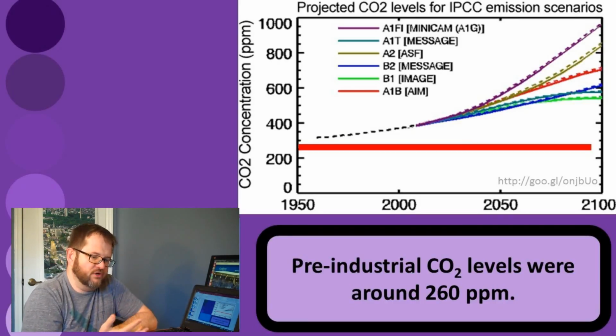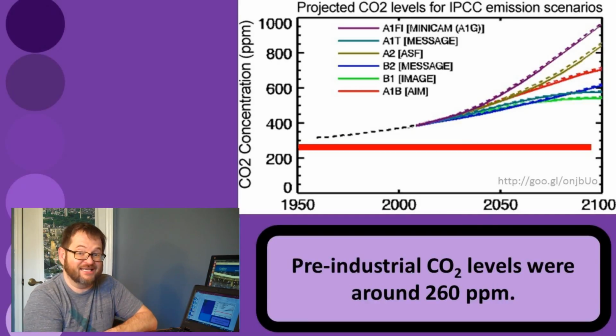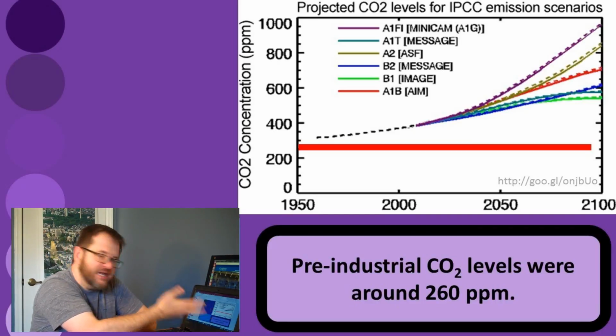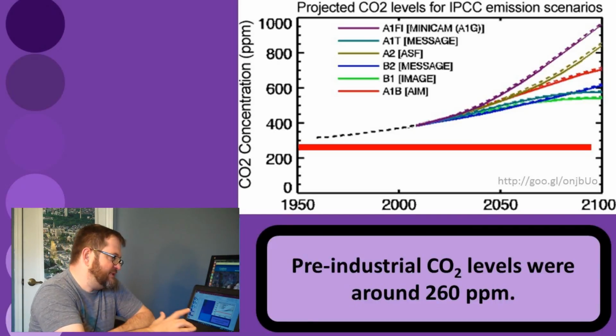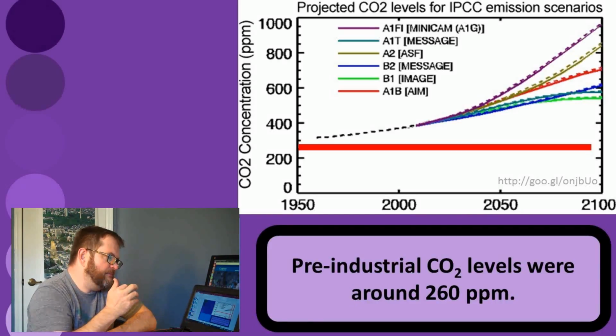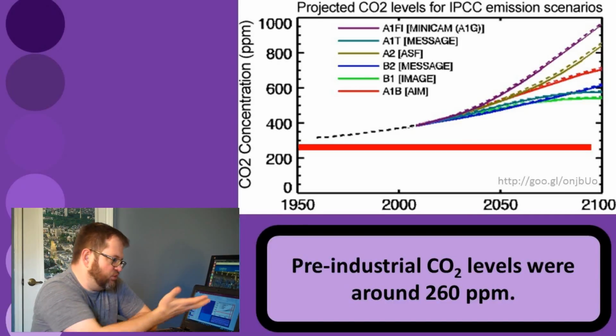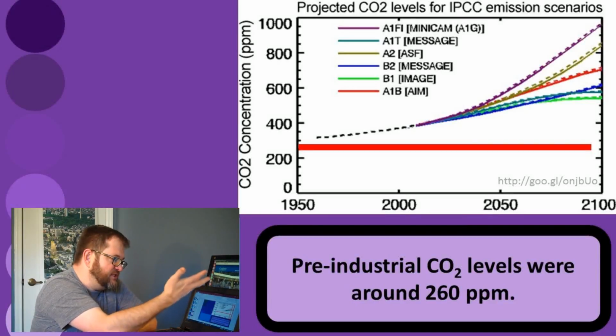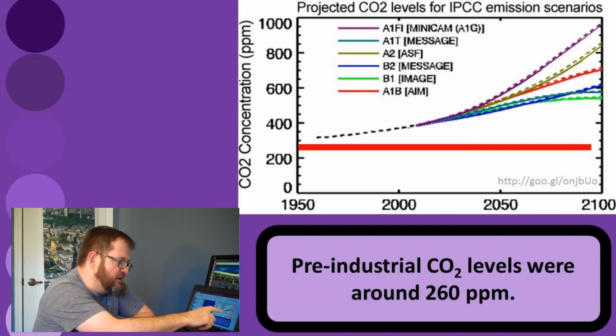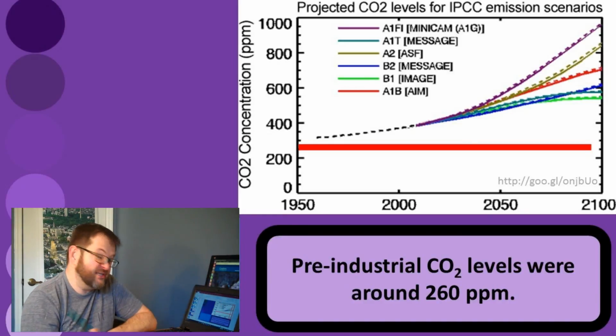Well, of course, if the amount of carbon that we are adding to the atmosphere is positive, we can only be increasing. Even in the happiest of these scenarios, we're still adding carbon dioxide to the atmosphere. So the carbon dioxide concentration in the atmosphere continues to go up. I mean, you can see B1, one of our happiest scenarios, which is the green one, still has carbon dioxide increasing all the way out to the end of the 21st century.